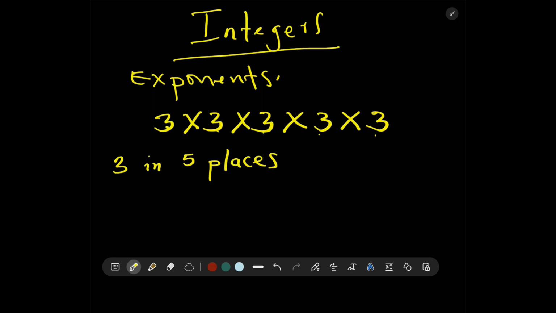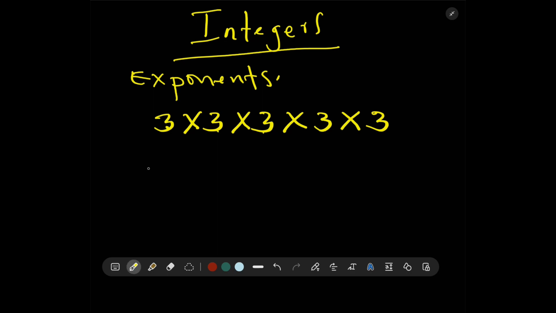Scientists don't like writing long things. We always look for a short form of writing something long. So instead of writing 3 times 3 times 3 times 3 times 3, what I would do, because I don't like writing long things that repeat themselves all over again,